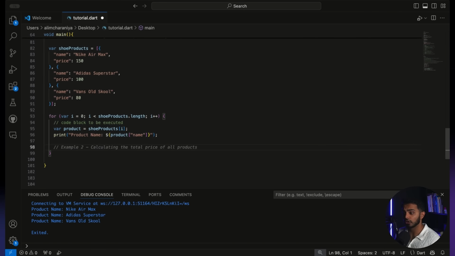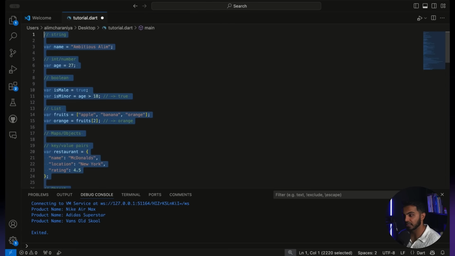Every time you want to, say, render a box on a page for a product, you would essentially be using a for loop like this to create a box for the product as long as there are products in the list to keep iterating over. So that's all I really want you to understand right now.